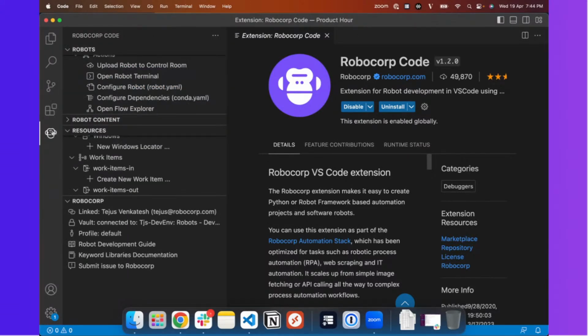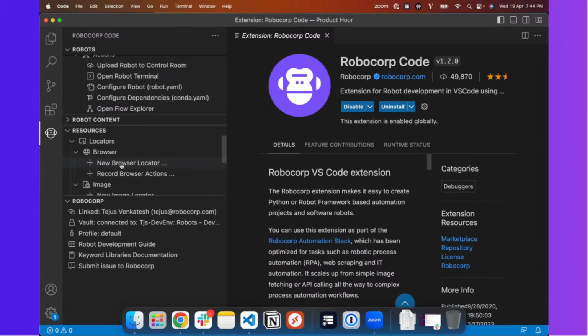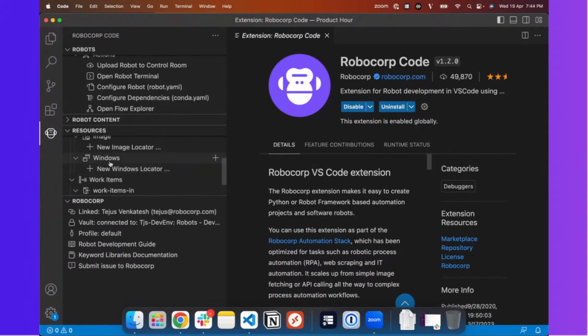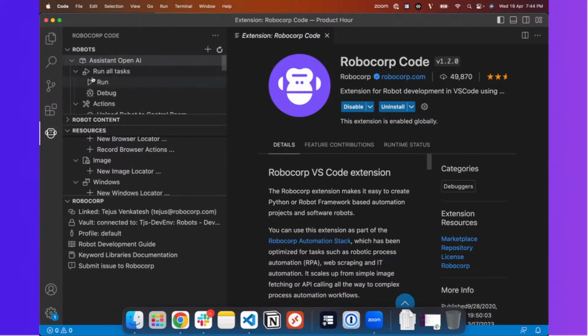I will quickly show you some of the resources that I mentioned. You can create any browser locators or image locators or Windows locators. When you come to the extensions panel here, when you have installed this particular extension, you see all the robots in the given file.